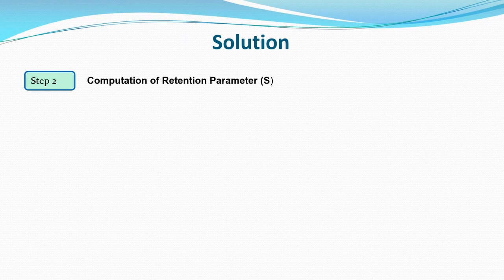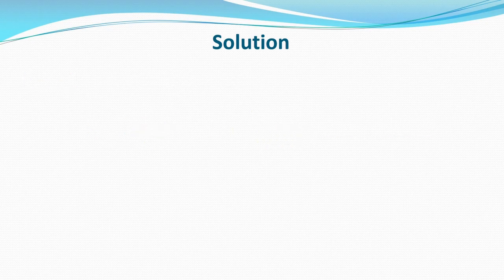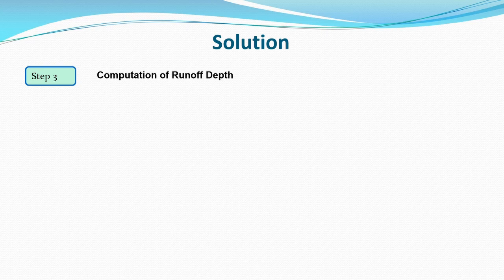Second step includes computation of S, which is the retention parameter. S is equal to 25400 divided by Cn minus 254. So we have already calculated the average Cn, which is 66.33 for this watershed. When I substitute the value of Cn in this equation, I will get the value of S, which is equal to 128.93. Step 3, computation of runoff depth, RD, which is